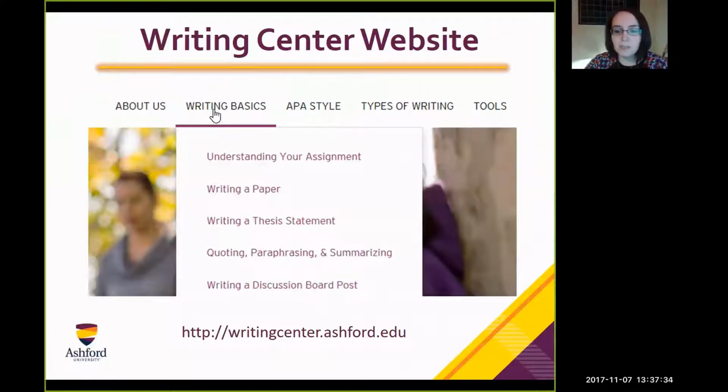We also have many resources on things like APA style, which we get a lot of questions about. So we have a lot of examples related to in-text citations, your reference